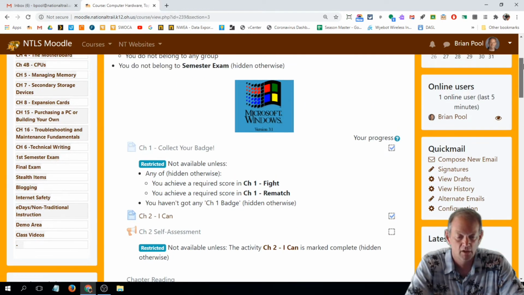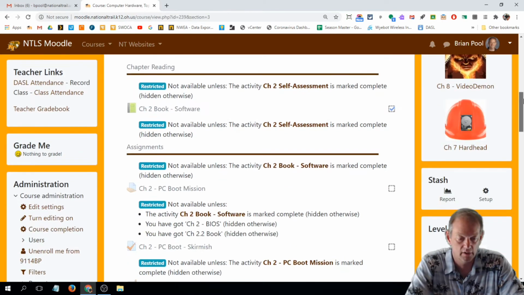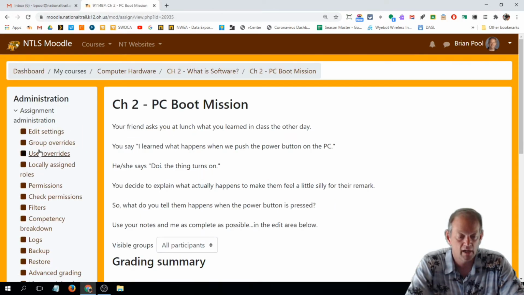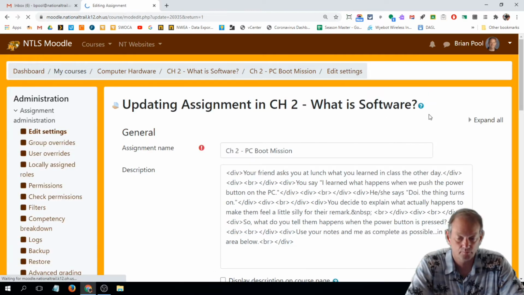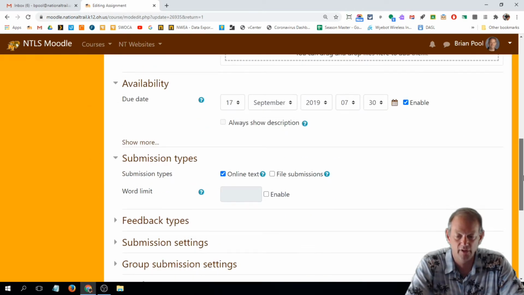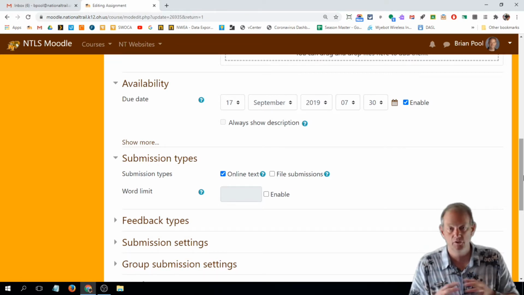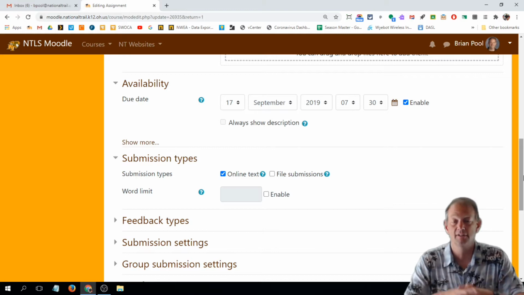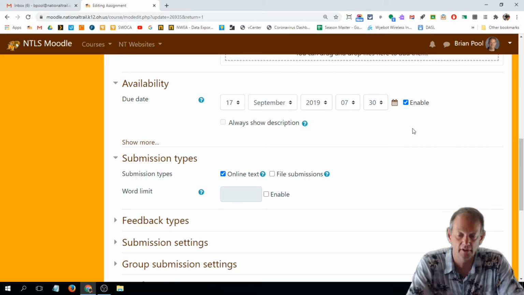one item. So let's see, here is an assignment that's due. I'm going to click on that, and I go to edit settings, and there's the whole assignment down there, but down here it says when is it due. And so I always put a due date in. You can see it's got last year's due date. I can just click on the calendar